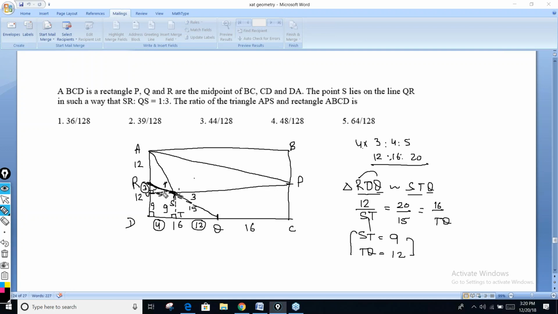Now we have the area of this part. This we know, that is 9. That is 4, and this is 3. This we know, that is the base, and that is the height. Height is 4. And that area we also know. So if you see the area of this part,